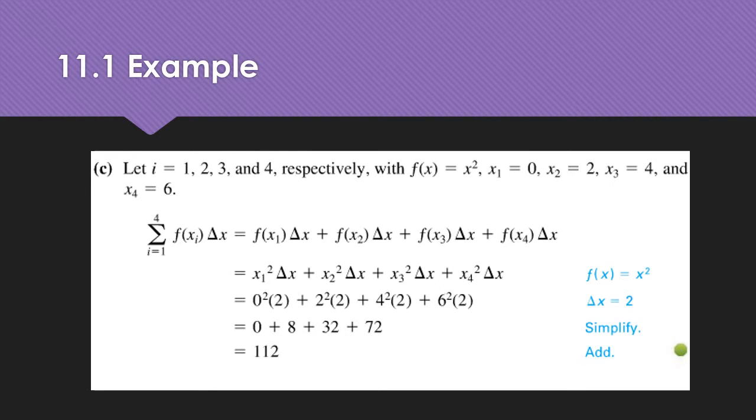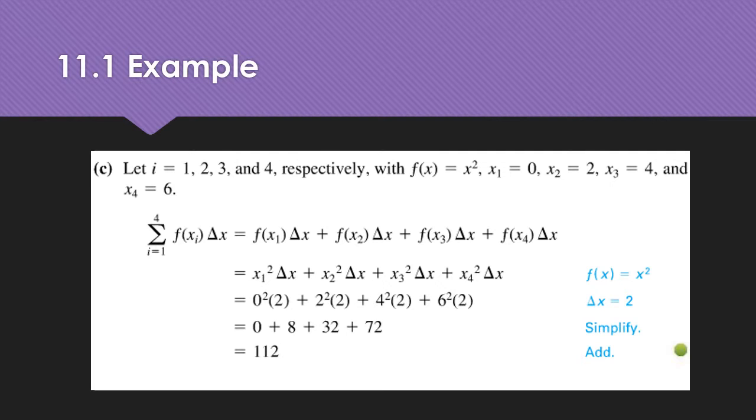And then finally, i is 1, 2, 3, and 4, because that's our starting and ending. f of x is x squared, so x sub 1 is 0, x sub 2 is 2, and x sub 3 is 4, and x sub 4 is 6. And when we put all of those in there,